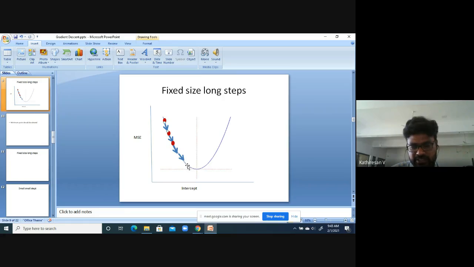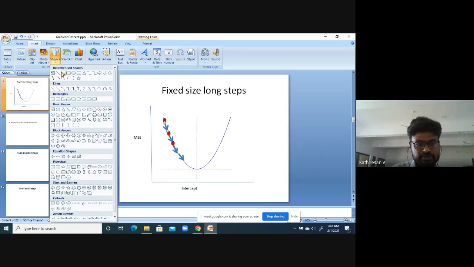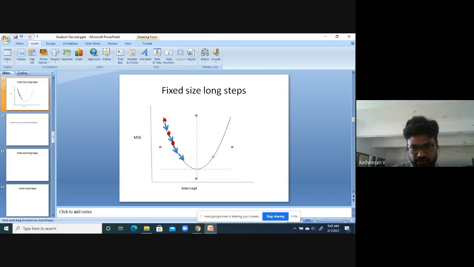Slope is getting changed a lot. And here also, slope is not getting changed. Here also, slope is not getting changed. Just look into this. From here to here, it is almost a straight line. Slope is not getting changed a lot, right? But here in this particular area is highly sensitive. Here slope is changing a lot.